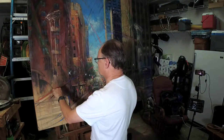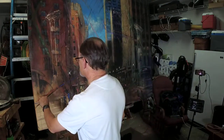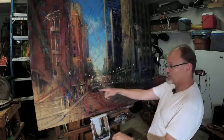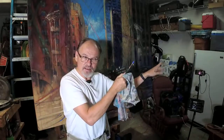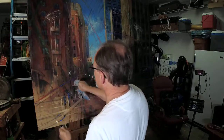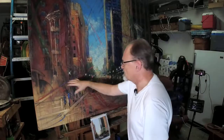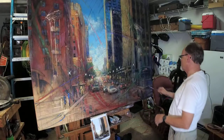Adding to the abstract could mean that I'm emphasizing these abstract marks, which is true. But if that was a pretty careful mark, if I leave it at that, that's still painting an abstract mark in a realistic way. You with me? But I'm not going to leave that mark that I just did. I'm going to stick my finger in it. And now what I'm doing right now is messing up, just as I did over here, messing up the marks that I just put down